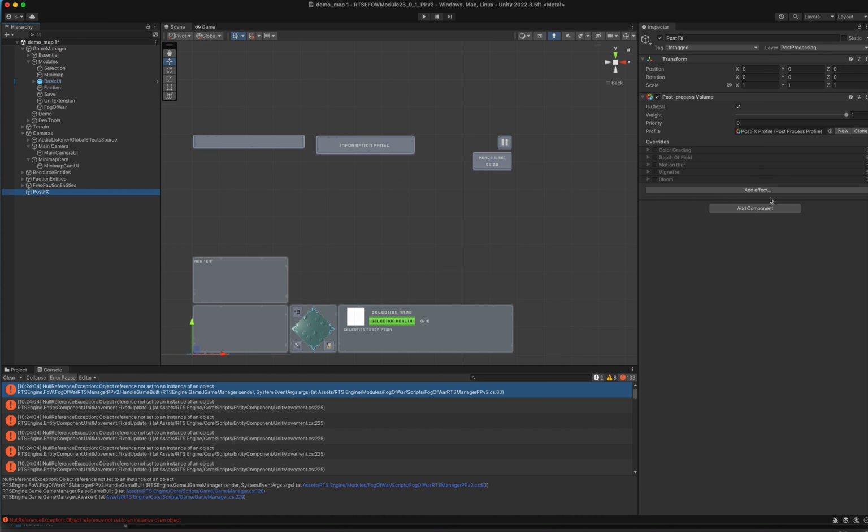post-processing volume properly. We need to go here and you need to add an effect to that one, and it's the fog of war. Okay, so you need to make sure that is on. You need to tick team, make sure it's at 0, and tick your fog color. And that is basically the same as the legacy setup for the cameras. Now if we hit play now,